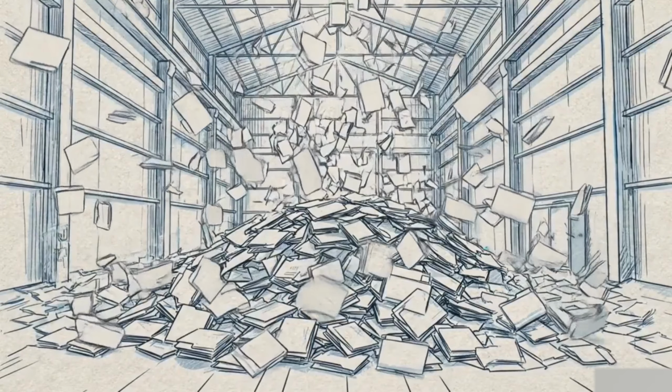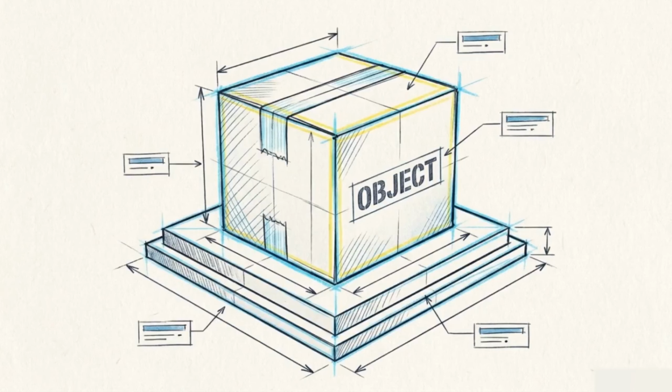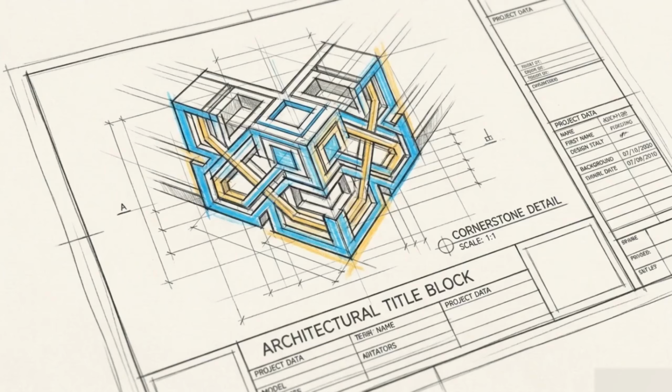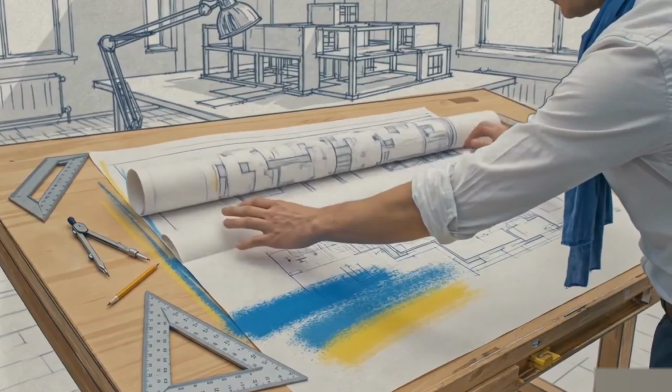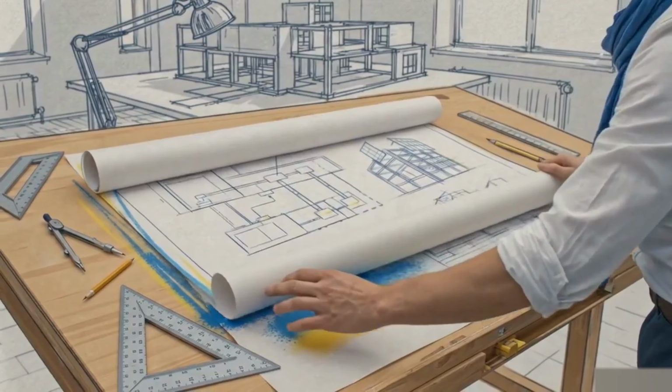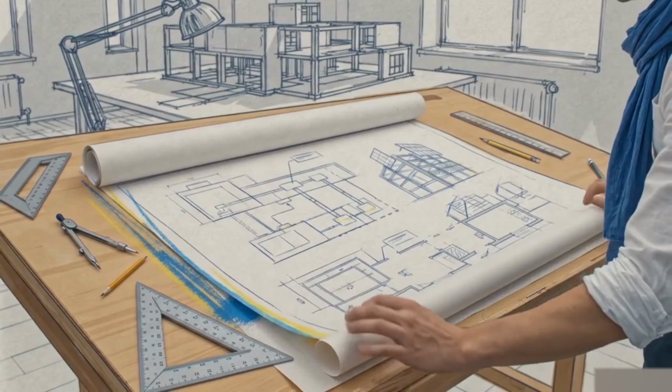tangled mess. To solve this scaling problem, developers use object-oriented programming. This approach binds raw data and its associated actions into a single, repeatable package. The foundation of this system is the Python class. A class is a template, an architectural blueprint that dictates exactly what an object will be before any concrete is actually poured. Mastering classes moves a developer from a typist struggling to juggle chaotic variables into an architect designing scalable,